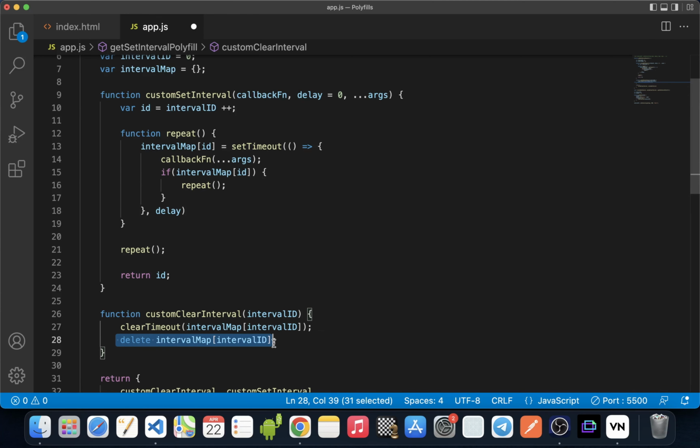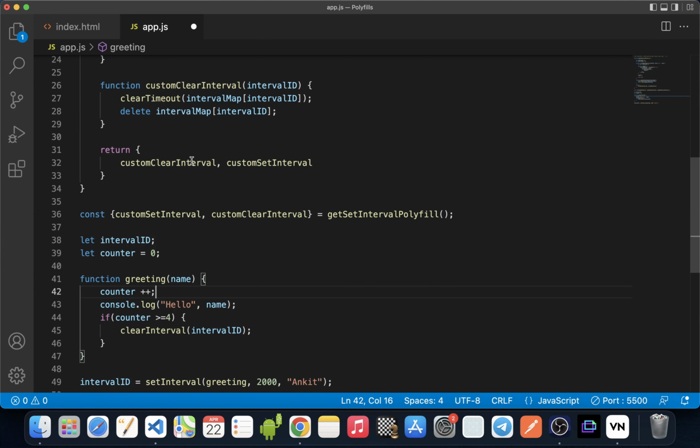Now what this line will do is, it will remove the unique ID and the mapping we created inside the interval map object, and that will break this loop that we added to create the repeating effect of set interval. And so the again and again execution of the callback function will stop.